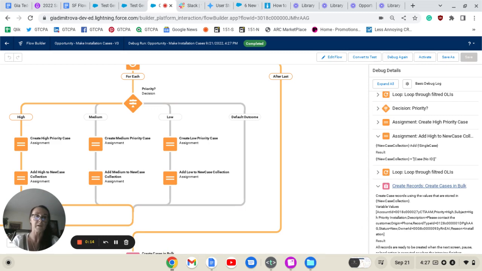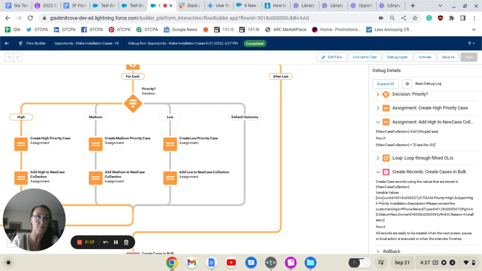So here under the create records element, it looks like only one record has been created, not the one that does